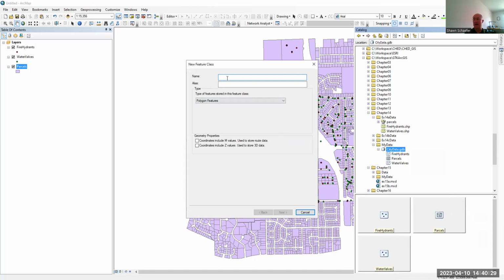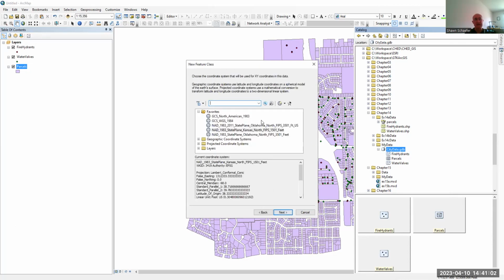And it brings in a dialog box that's pretty simple. And so the name of things, right? I think in this case, we'll call it water lines. And you can put in an alias if you want. I'm just going to leave it blank on this one. The default is polygon features, and we want to do water lines, so we pick line features. You can also choose to store route data or 3D data, which doesn't apply here, but you could if you wanted to check those. Next, you hit the next button,